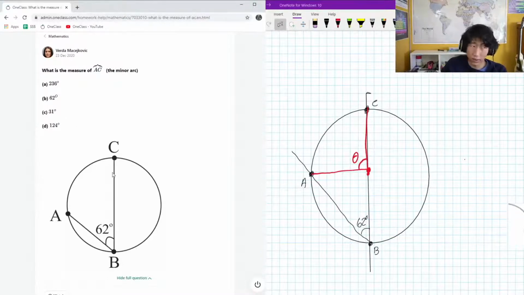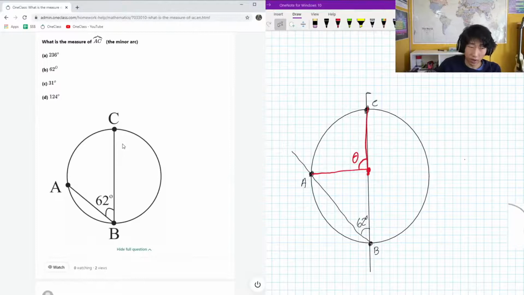Okay, so B and C disqualified. Get them out of here. The next thing that we need to keep in mind is, if it's bigger than 90, it also has to be less than 180, because if it was more than 180, it would be crossing all the way over to here. And so it's got to be between 90 and 180. Our remaining candidates were A and D. A has got to be disqualified. That's bigger than 180, not even possible. So the only survivor that's left is D, 124 degrees. And we deduced that just visually and knowing a little bit of what these angles are going to look like. Okay, so that was a fairly easy thing, but another thing to keep in mind